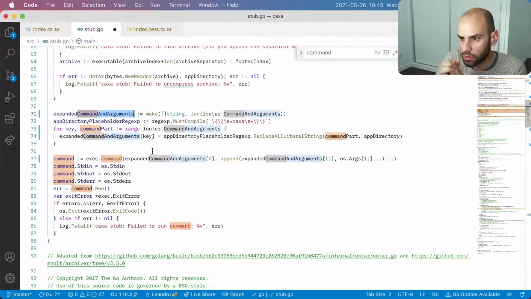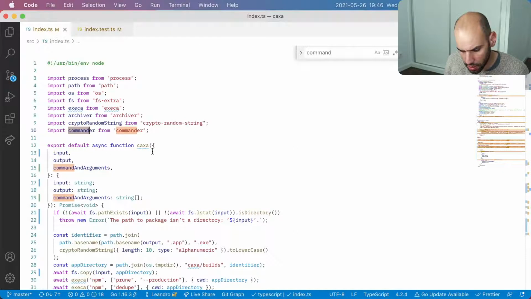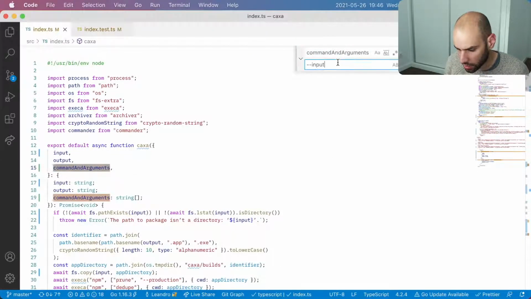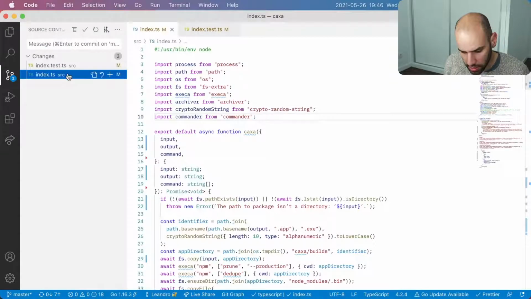I think I will go back to just having this being called command. Yeah, I think it will simplify a lot of things. So yeah, I'll take back all the changes from here, and I'll just go to everywhere where I see command and arguments. I will call this command instead. So now let's check that I did not miss anything in the Go part.